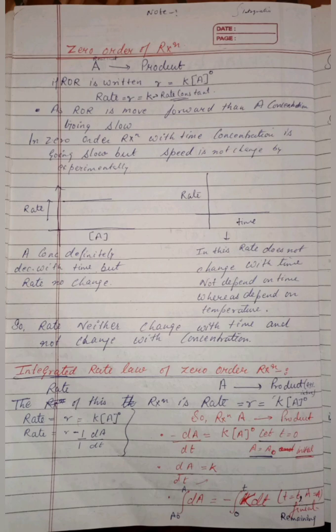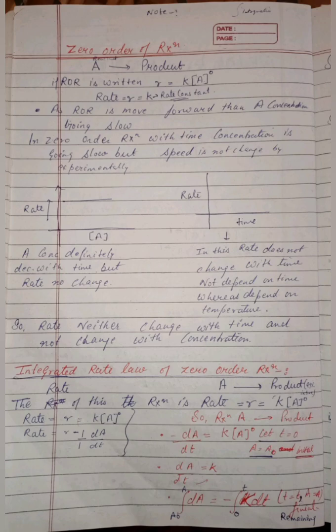Now we start the integration of the zero order reaction. So for integration we are using rate R is equal to K A naught. Fine. Rate is equal to R, which is minus 1 upon 1 dA upon dt. Why are we using dA upon dt here? Because it is a very small amount. Okay, so for integration we have taken an example. A gives a product. So by integration we find small r is equal to K A naught. For the reaction A gives a product, in differential form it will be minus dA upon dt is equal to K A naught.